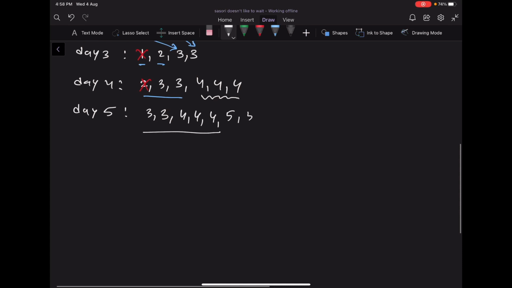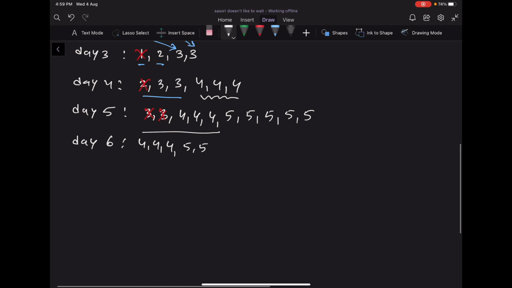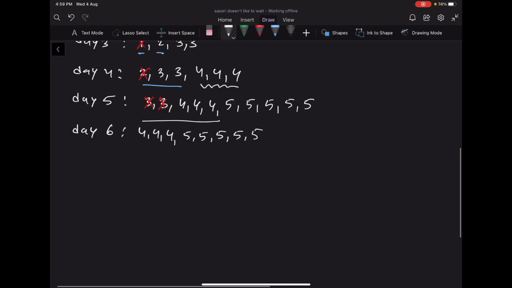So we will have 5, 5, 5, 5 and 5, and on day 6 these viruses will die, and we will write the viruses created on day 4 and the viruses created on day 5, and they are 8 in number. So these 8 viruses will create 8 new viruses. So we will write 6 cross 8. So 8 viruses are created on day 6.